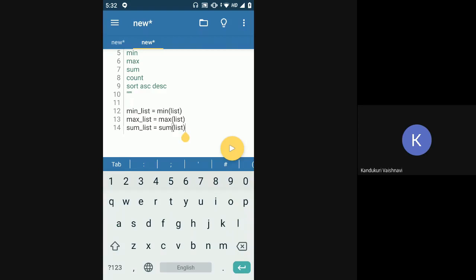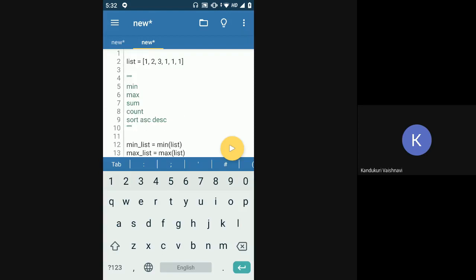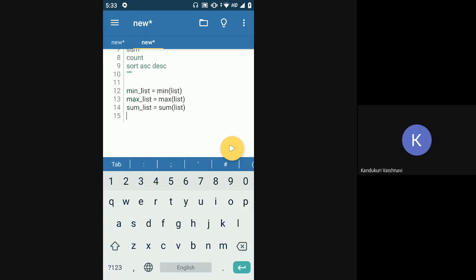Okay. Now, if you want to count the occurrence of a certain element in the list, what I mean by that is how many times an element is present in that list, how many times that element comes into that list. So if I here say I want to count the occurrences of the number 1 in that list, what would the answer be? 3. Sure, you have to count how many times 1 is there in this list. 4. Yeah, 4.